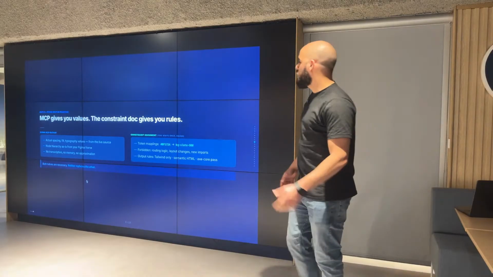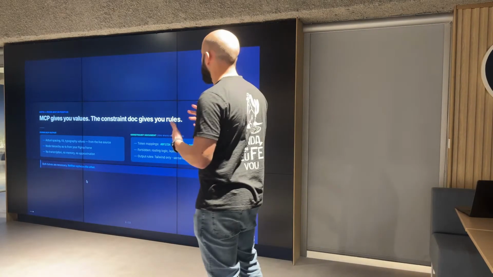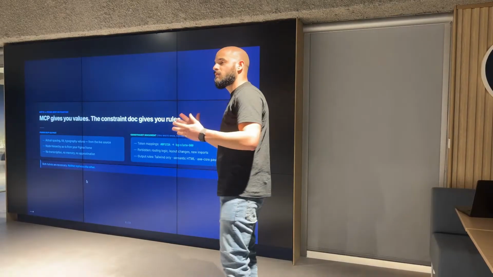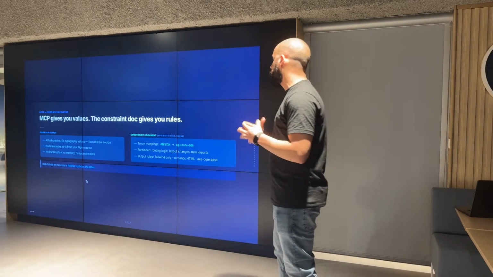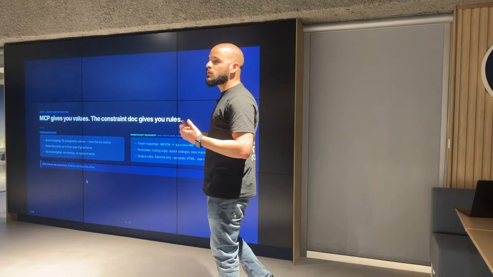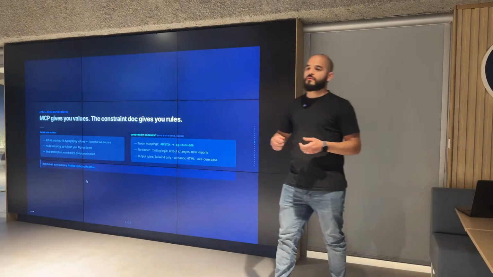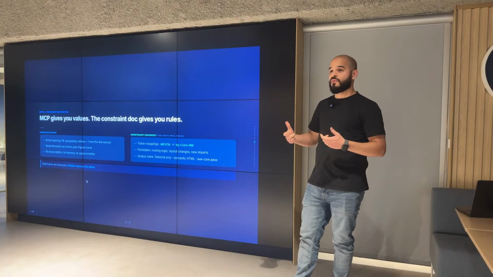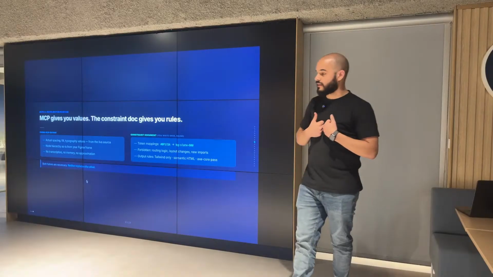So the MCP, as I said, is pretty much using Figma language. And what we are trying to do is make those values that we extract from Figma valuable for our daily work, right?